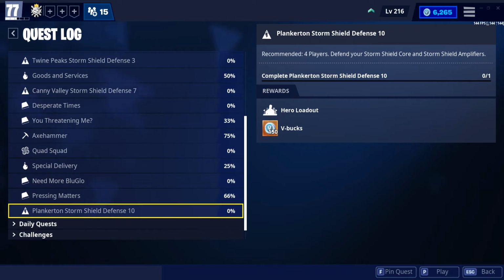Storm Shield defenses are missions where you can build your own base and protect it from the husks to expand your shield and make more areas of that specific world more accessible to you. Completing Storm Shields also rewards you with V-Bucks, and they help you level up your stuff faster. The cool thing about Storm Shield defenses is that they can be completed without needing to finish the entire quest